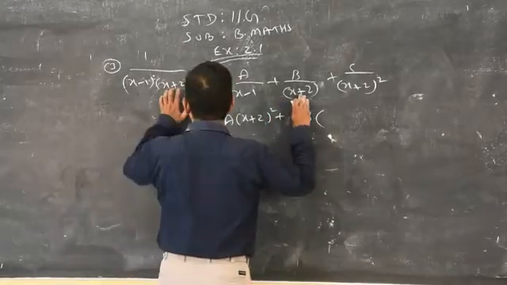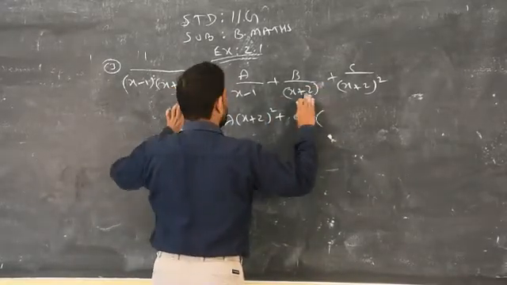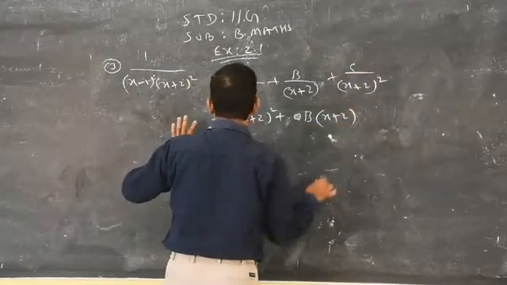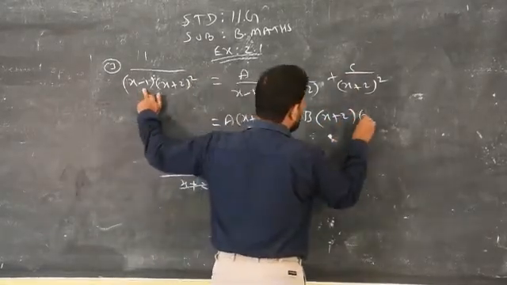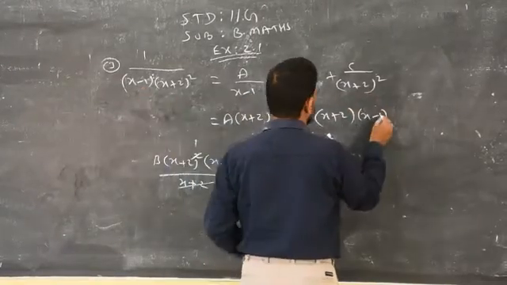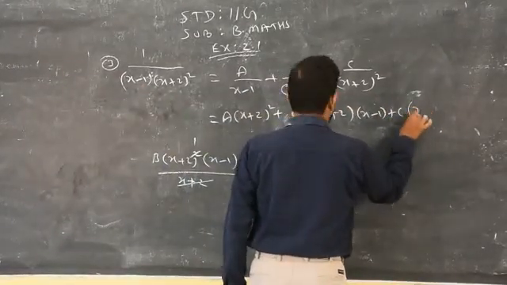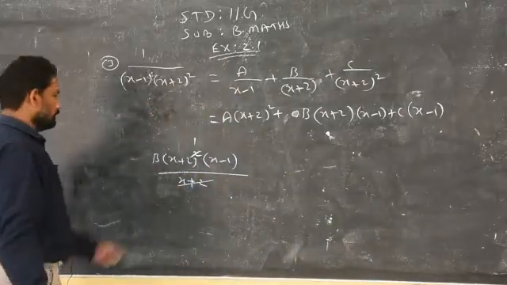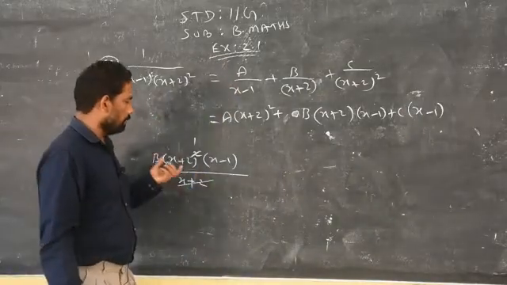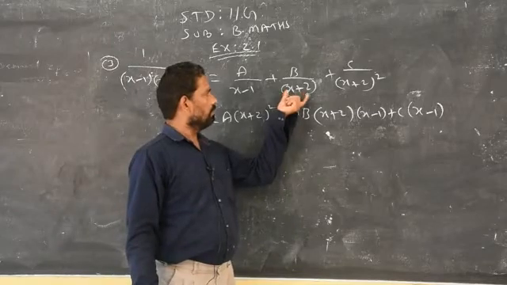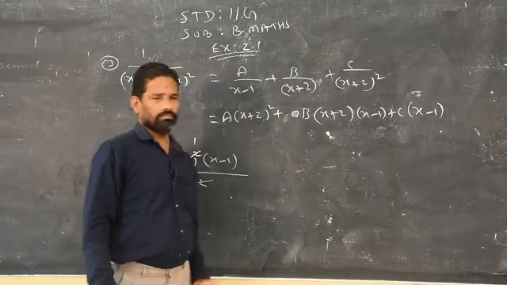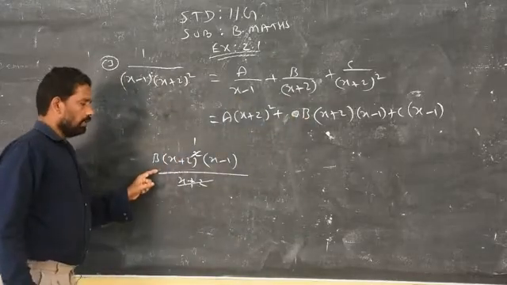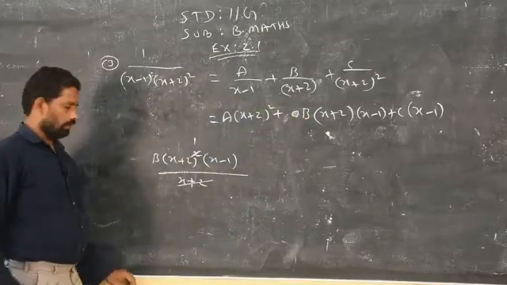When you compare x plus 2, out of 2 factors, 1 factor is removed, and the remaining factor you have to write as it is along with the other factor also. But this will obviously get C of x minus 1. This I did for your understanding, because most of the boys make mistakes in this part. That's why I did it with the wrong steps, then I taught how to get the answers. Clear?